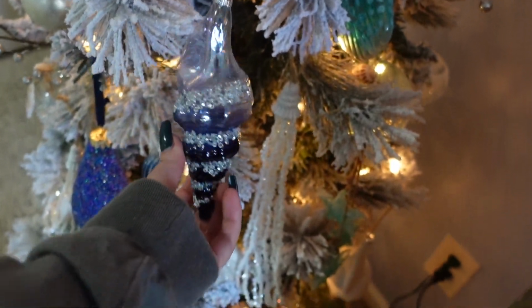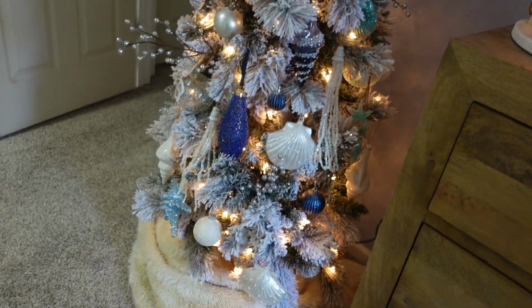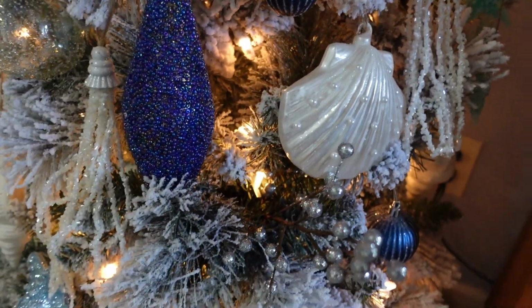I love this ornament. So I put it on the side of the tree so that I could see it from my side of the bed. They're just so pretty. I got a lot of these at Joann's. The pearls and the sparkles, but...